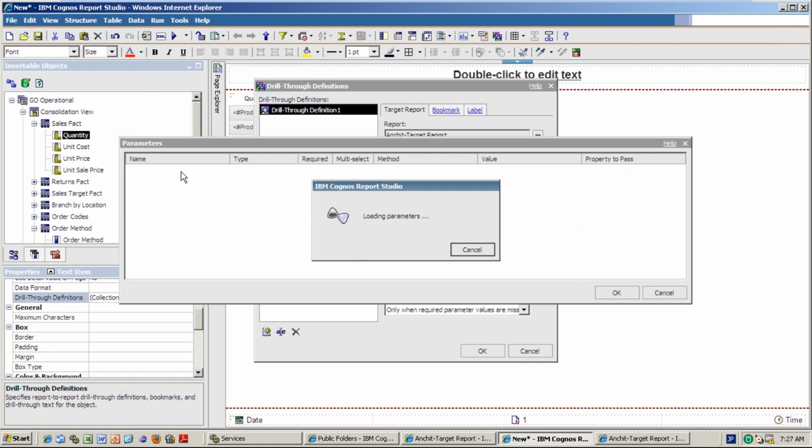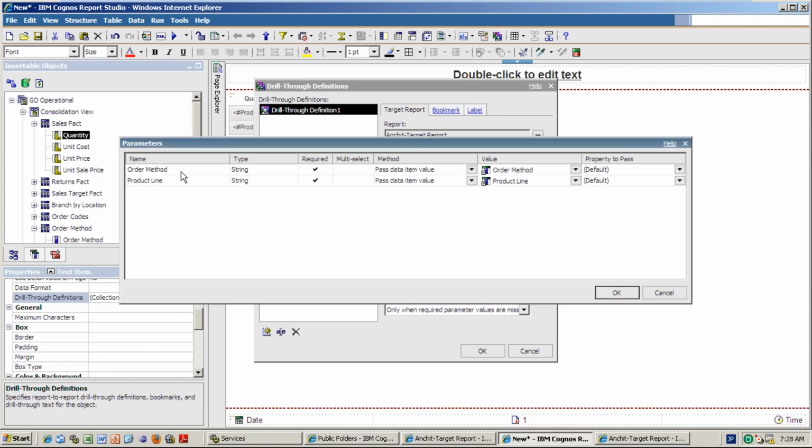Here I am passing a data item because you selected something, so it is sending something. But in the source report, if you have a prompt page, then you have to send it as a parameter. Whatever value you are selecting in the prompt, if you want to send it, send it as a parameter. If the source report contains the prompt, you shouldn't pass the data item value; you send the parameter value.